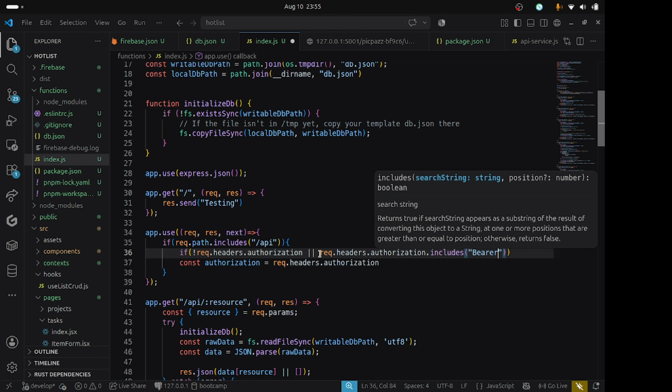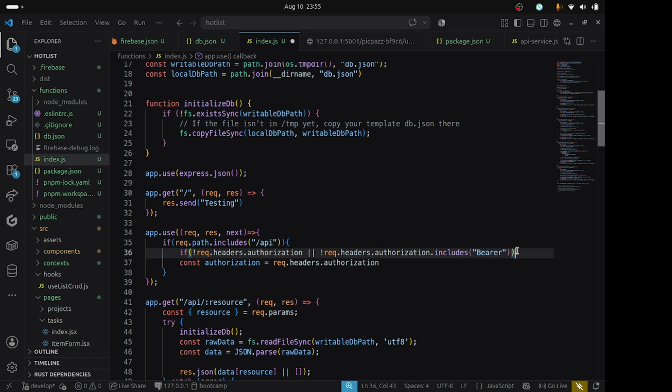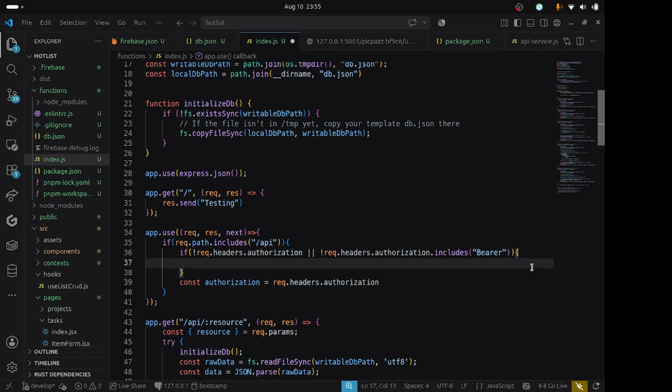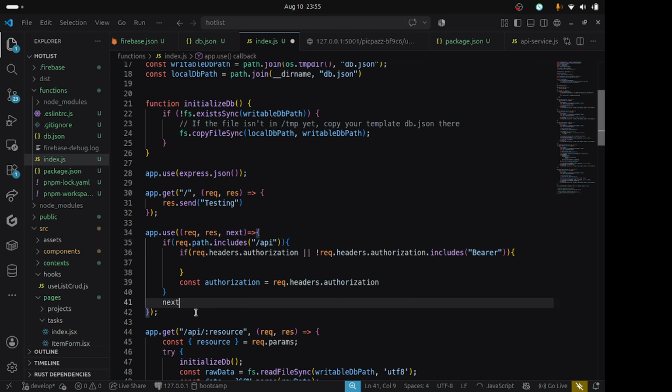It doesn't include there, then we can just say again if it includes. So here we can just say next, and then if it includes that,